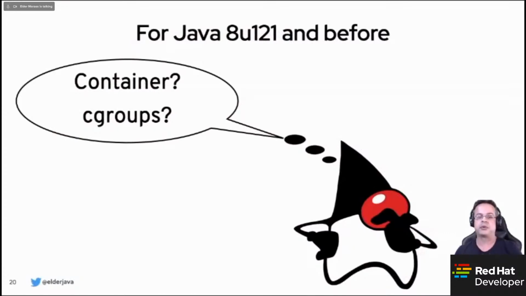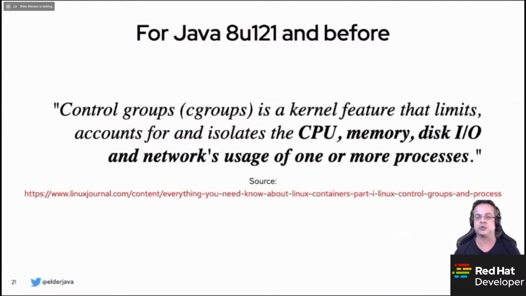And that's because of something called cgroups, okay? I don't know if you know about it, so I will just talk briefly. A cgroup is a Linux kernel feature that limits and isolates CPU, memory, I/O, and network for one or more processes. In other words, a container is a process inside the host, and this process has network, CPU, memory, and so on. These resources are allocated to this process.